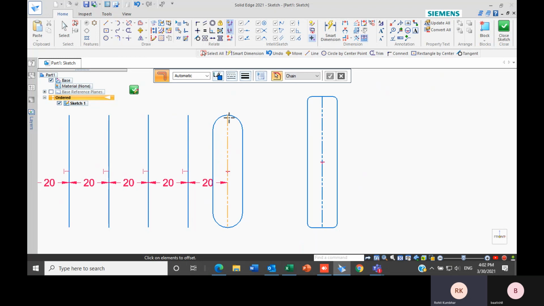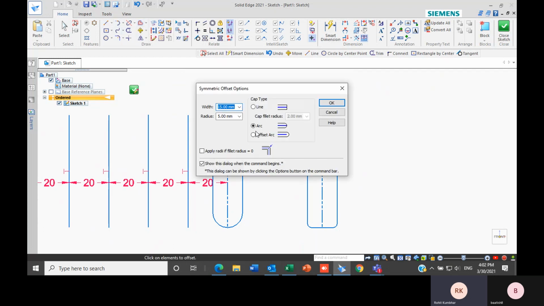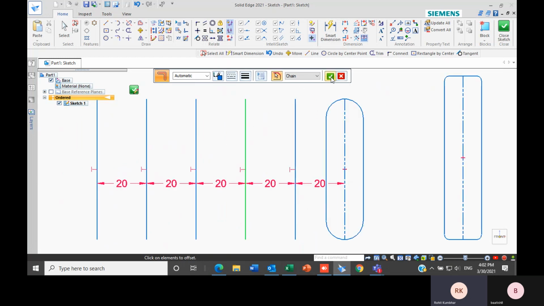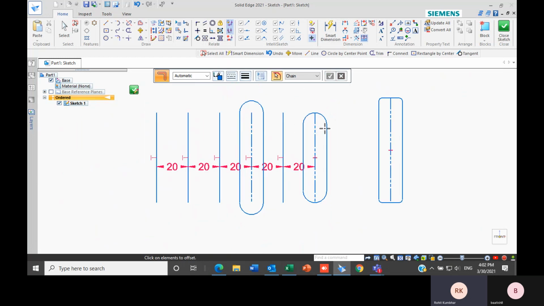As you can see here, the end line of the arc was at the end point of this line. If I want to change it, here you can see it, offset arc. I can create that one also. I just have to simply click on it. Okay, so as you can see the difference between arc and offset arc. So this one is about symmetric offset.